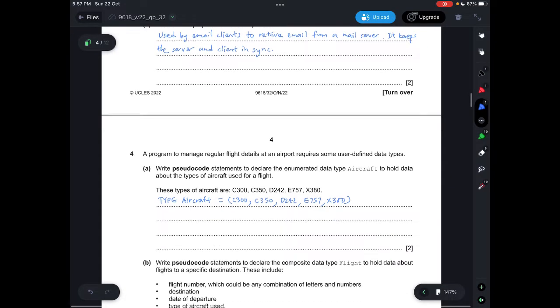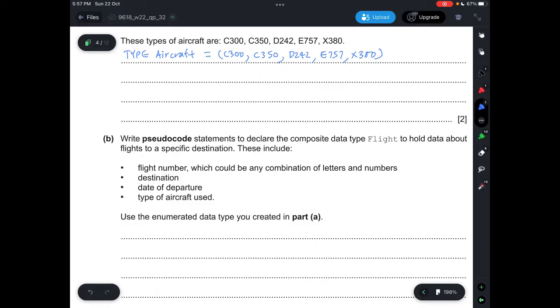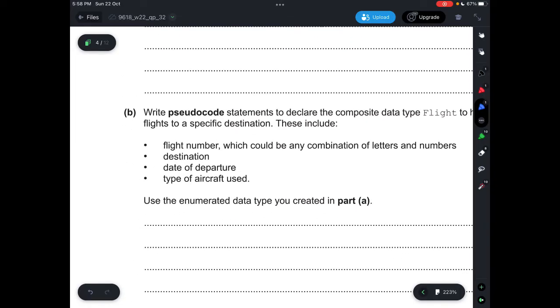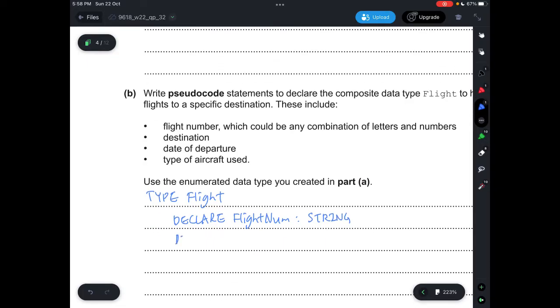Bracket again. Then B, write pseudocode statements to declare the composite data type flight to hold data about flights to a specific destination. This includes all the 4 things below, so just put in type flight. You need to declare flight num, or flight number, as string, then declare destination as string,